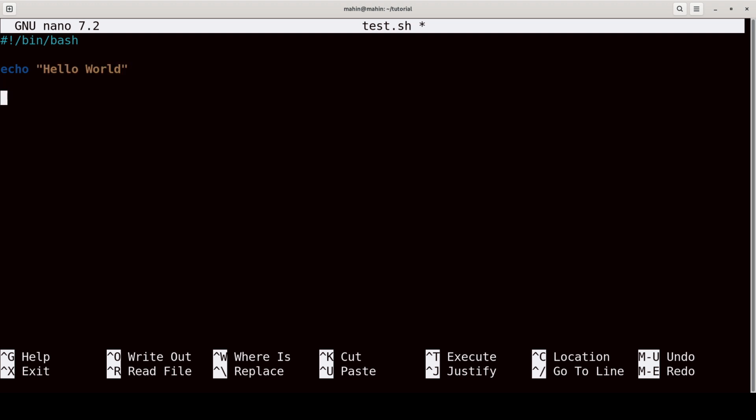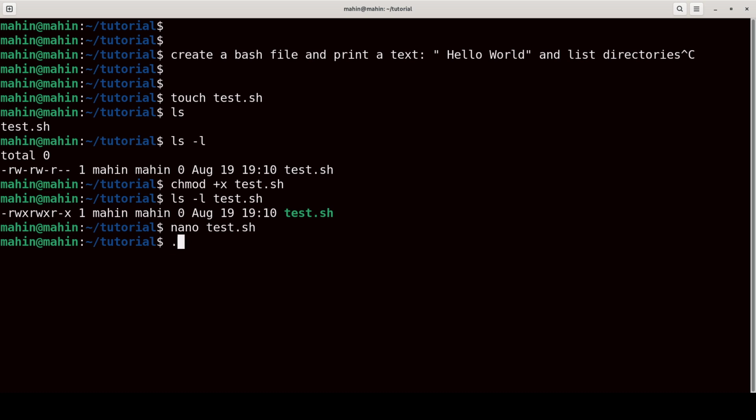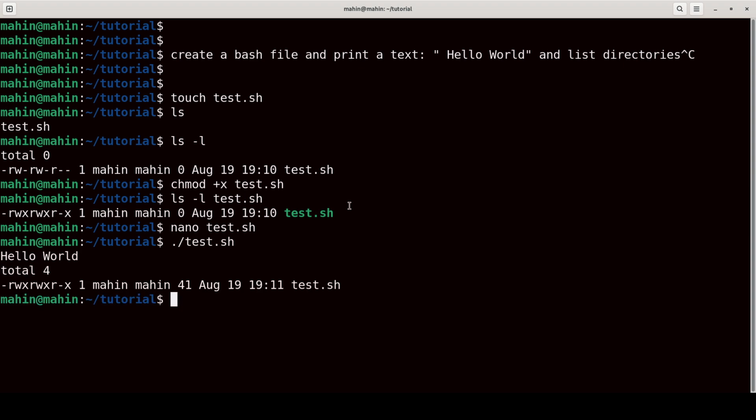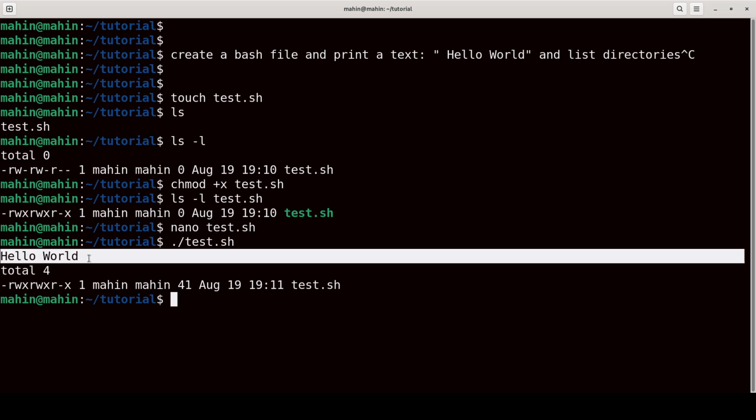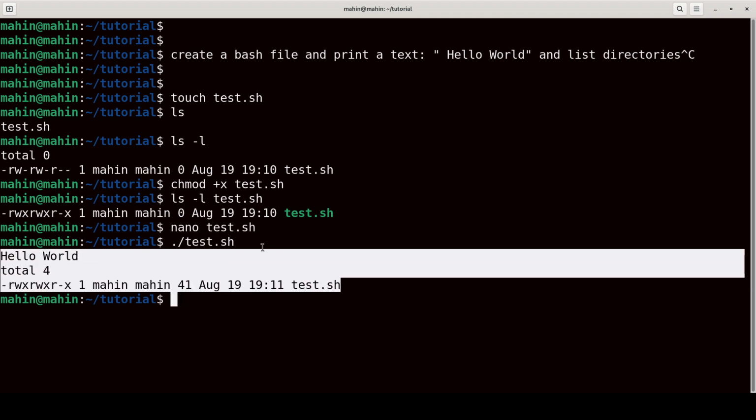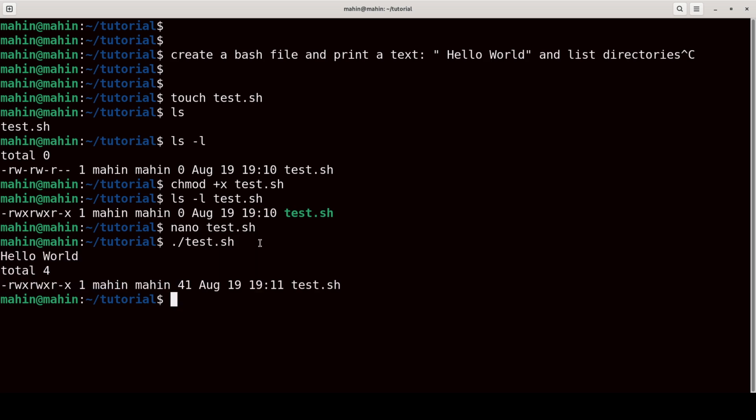And another thing we have to print: ls, list all, correct? This is the question. Save it: Ctrl-O, enter, Ctrl-X. Now ./ the file name, type it. You see it is printing hello world, and it is also printing what we have in this directory path. So all are printing that we have only one file, so it is printing one. If you type ls,